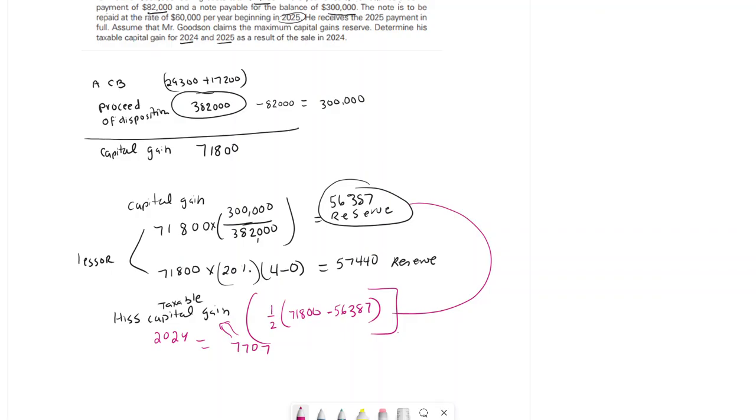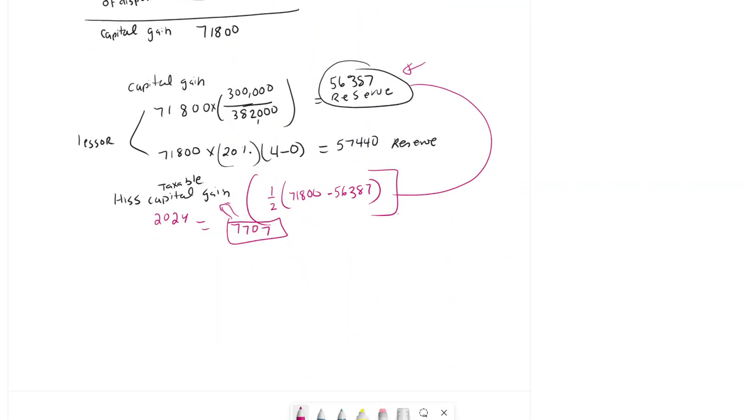So that's what happens, and this becomes my reserve. And what we do is we pay taxes on 7707. Now whatever our reserve was, we needed to add back. So this reserve is deducted, and then when you come into 2025, you have to add back the reserve the following year. In 2025, we are going to add back what we deducted,